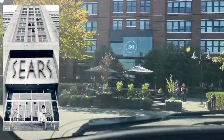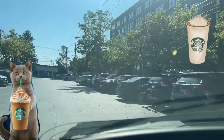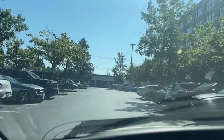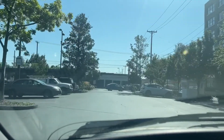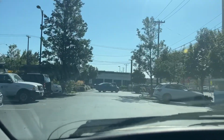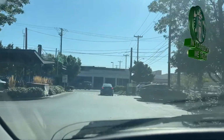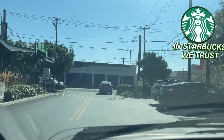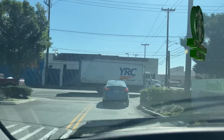I'm not a huge fan of Starbucks. Most of us locals don't even drink Starbucks unless we have to, right? There's one on every corner, so it's convenient if you want a halfway decent cup of coffee. But the Starbucks HQ is pretty cool. I will say that. There are gender-neutral bathrooms in the Starbucks